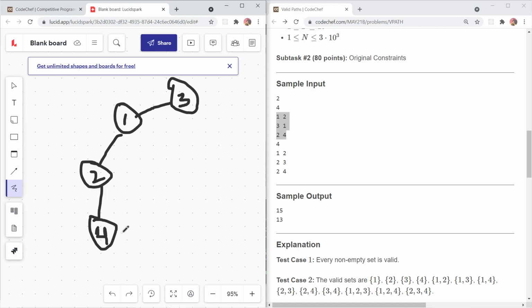So the approach that I have come up with is, let's say I'm calling DFS for any one of these nodes, and let's say I call it for 1. Then it's going to calculate how many valid paths are from its descendants. So let's say it calls for 2, then this calls for 3, this calls for 4. Its descendants are empty, so it returns itself as a node, that is 1, and I'll return 1 here.